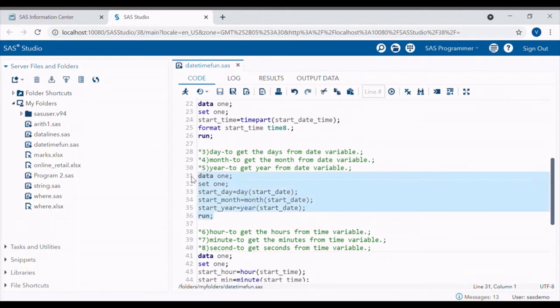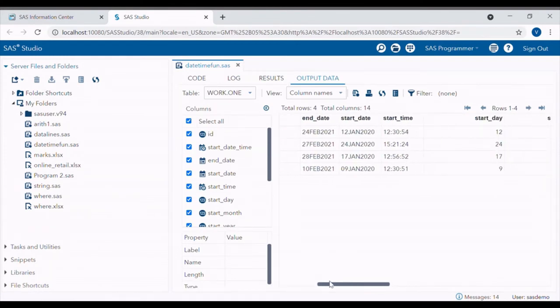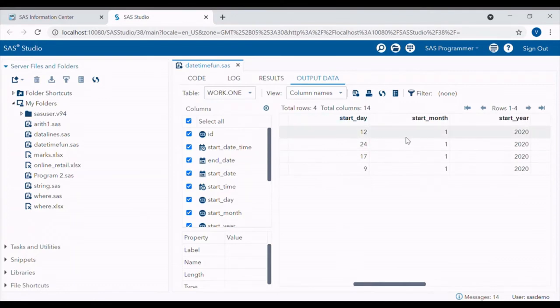When we run this code, we will get the values for day, month and year in separate variables like this: day, month and year. Month is 1 here because in start date the month is January.